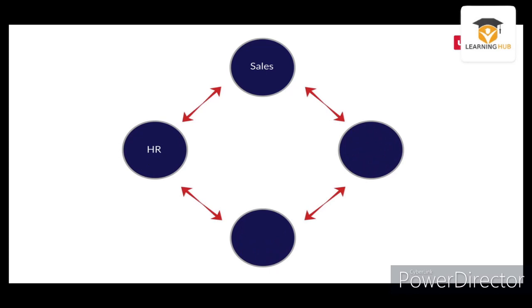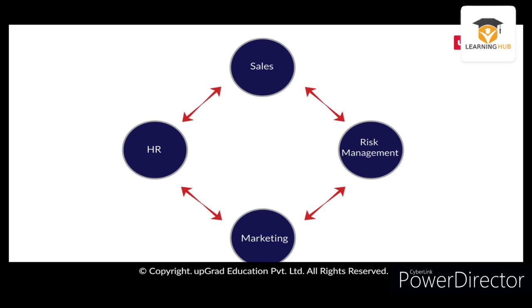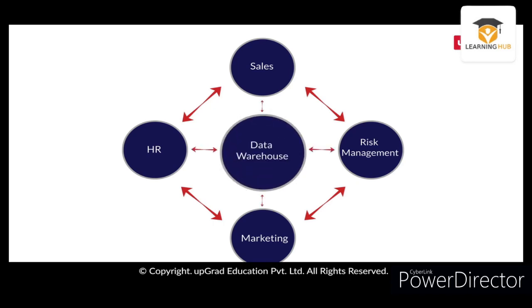I'll have marketing, the risk. All of them have their own systems and processes. Now, I don't get one view. And if I were to give out this task to somebody to create that one view, they would have to go and understand all these systems. They would have to understand the appropriate linkages between these systems, and they would have to then create that view. So all of this is solved by the